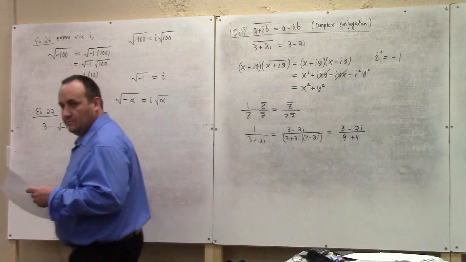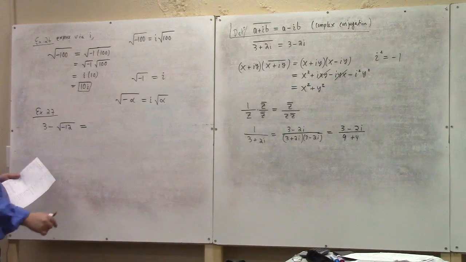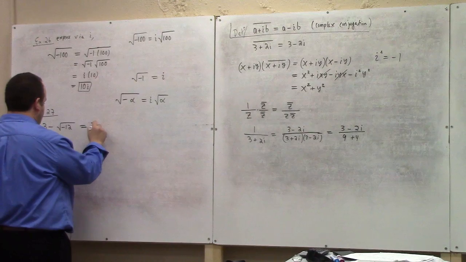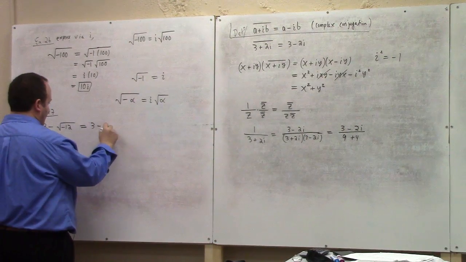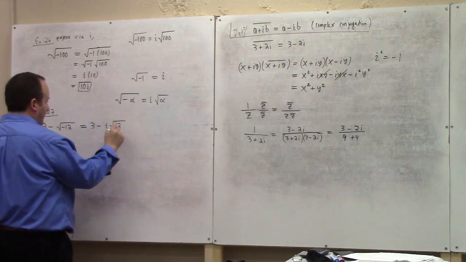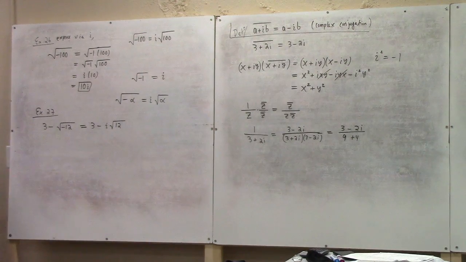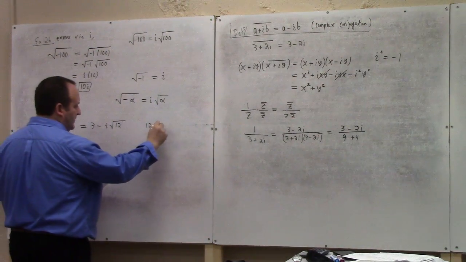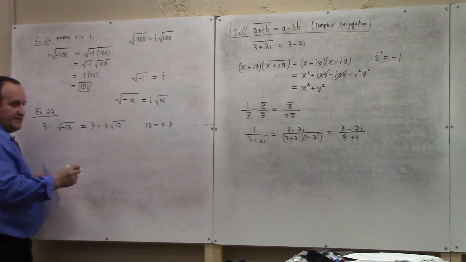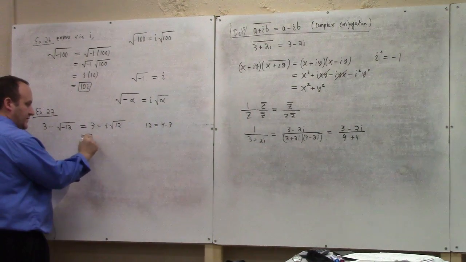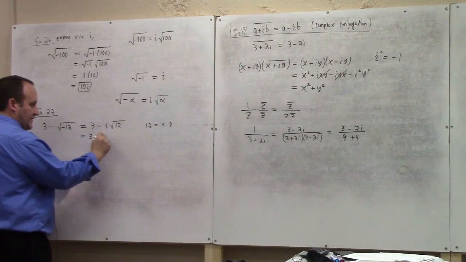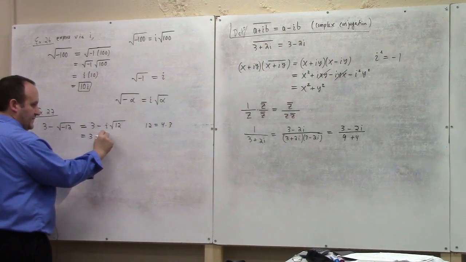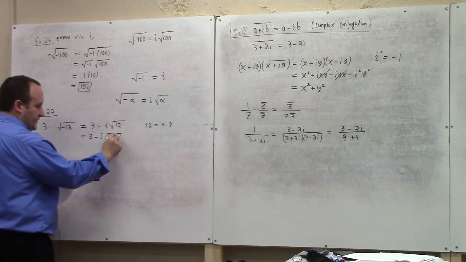So it'd be 3 minus the square root of negative 1, and then the square root of minus 1 was i. The 12... well, we could do more. I think in these kinds of problems, they probably want you to notice that 12 is 4 times 3, right? So this is actually 3 minus i times the square root of 4, square root of 3, which of course is